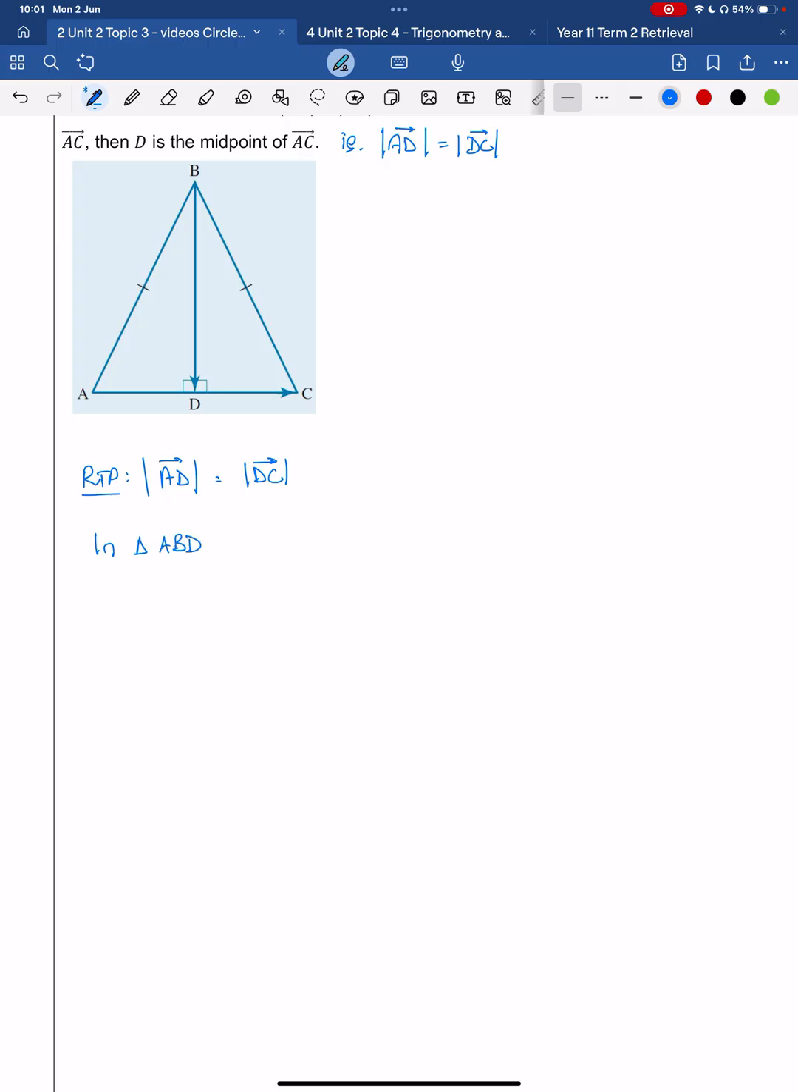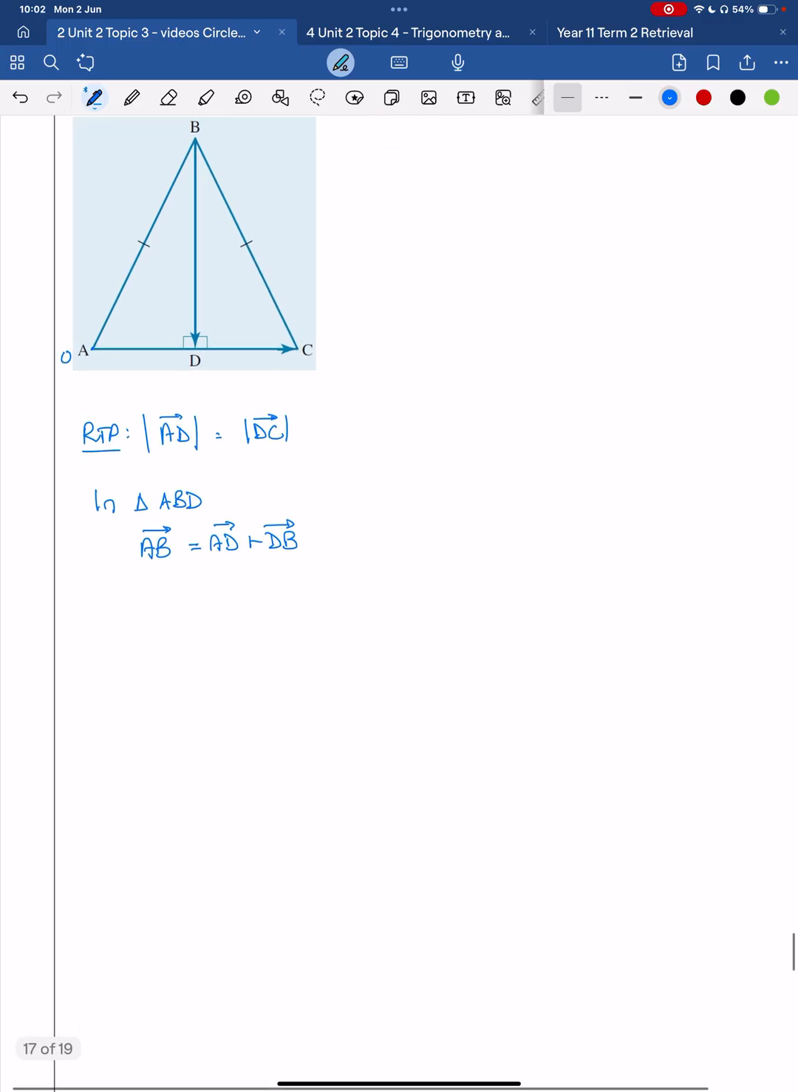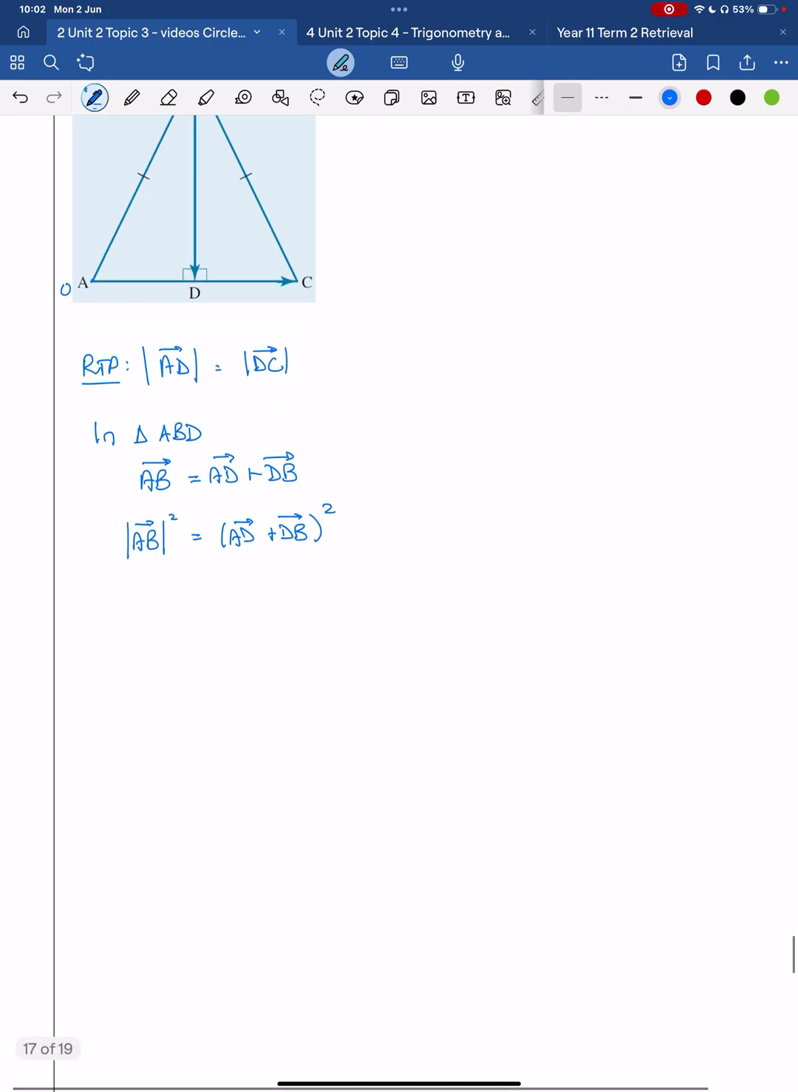So this is our left-hand triangle. And if I select my point A as my reference point, my origin, okay, I can get vector AB by saying AD plus DB, okay, and I can find my magnitude squared of AB, and that will be AD plus DB all squared, and I can expand that using my dot product so that I get AD squared plus 2 AD dot DB